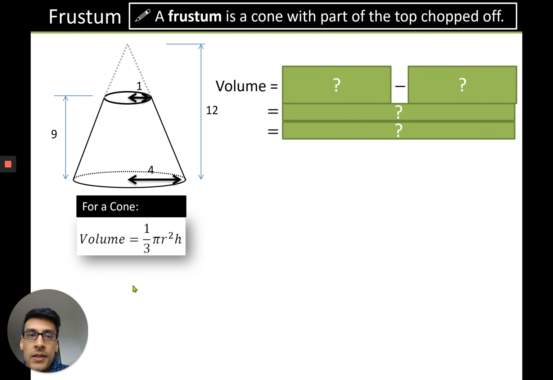So a frustum is a cone with a part of the top chopped off. When you are working out the volume of a frustum, there's no formula to get the volume of a shape like this. So instead, you have to imagine that the top piece is there. You work out the volume of the whole cone, you take away the volume of the invisible bit, and then you're left with what you want. So the volume of the full pyramid here is going to be 1/3 base area times 12,